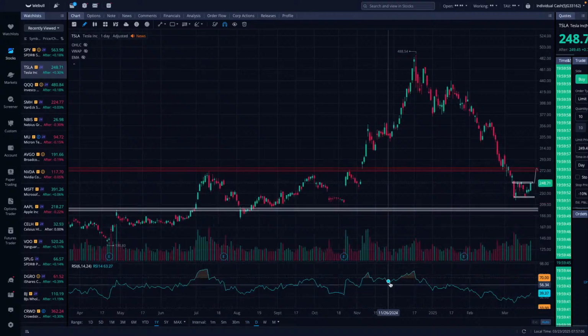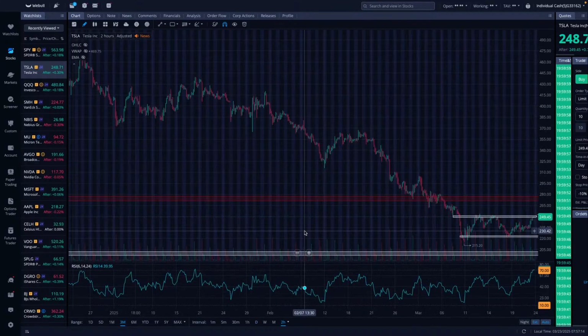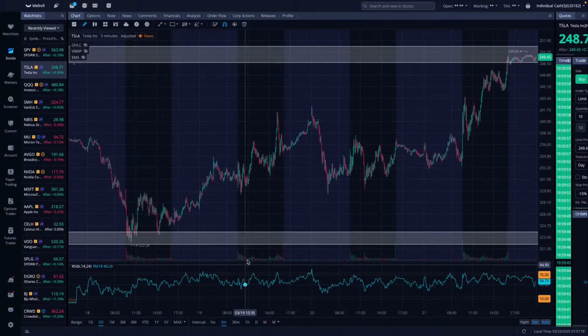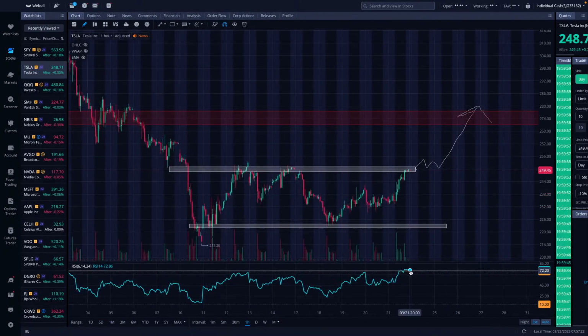Let's just look at the 1 year. The 1 year is at a 39 RSI right now, so we like that in terms of oversold, especially on a longer term chart. But look at the short term trend. The RSI is very high. Even just on a 1 month chart, you can see that the RSI over here is 72 right now, which indicates overbought. So definitely just be cautious looking at that.